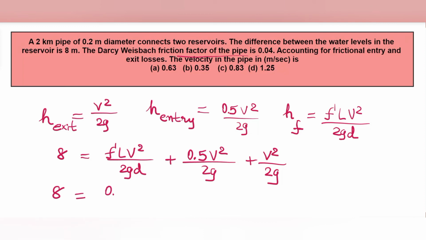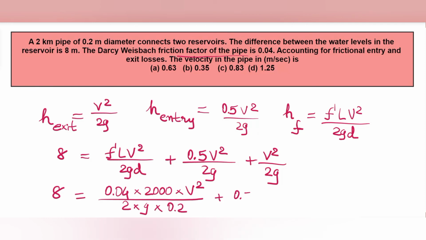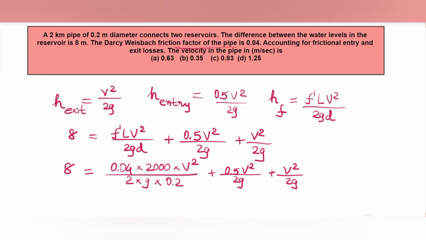8 is equal to 0.04 into L. L is 2000, which is, a 2 kilometer pipe is given to us, so it will be 2000 meter, into V square upon 2g into D. D is 0.2 meter, plus 0.5 into V square upon 2g plus V square by 2g. g is 9.81 meter per second square, and on solving this we'll get 8 is equal to